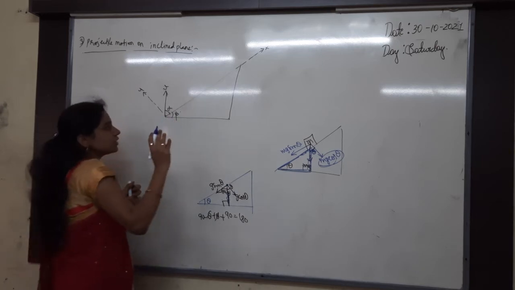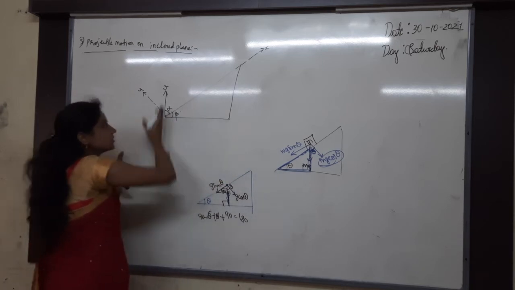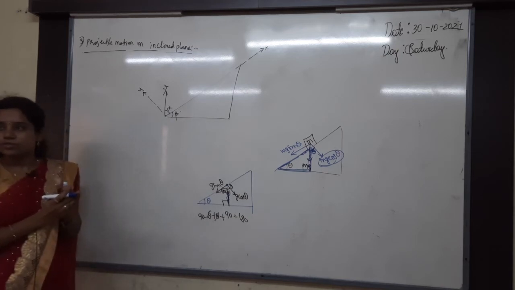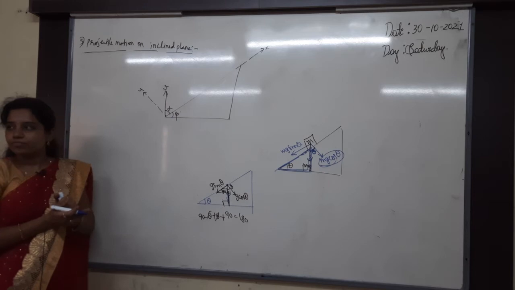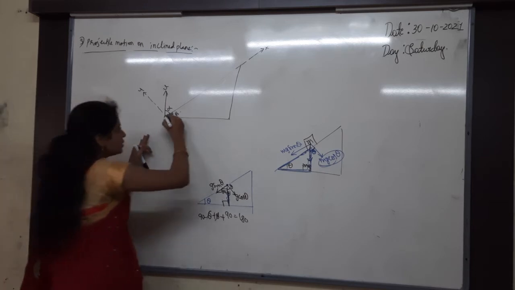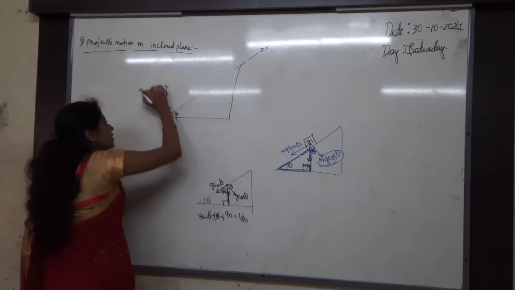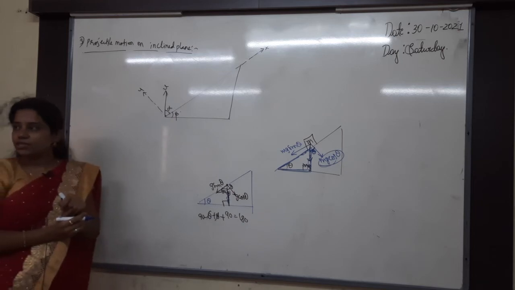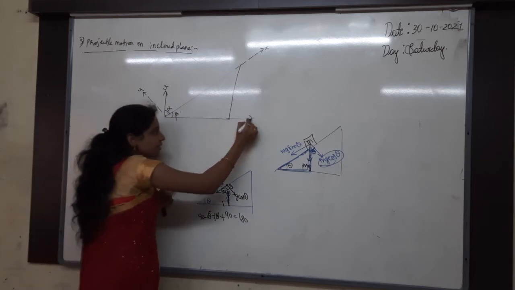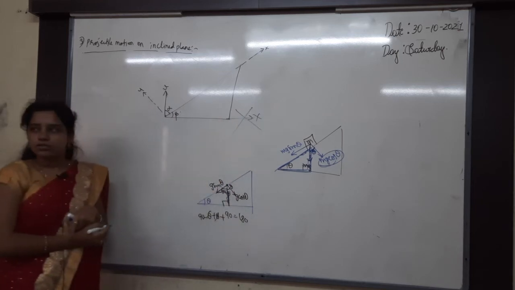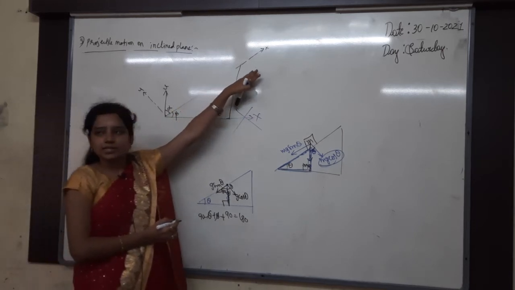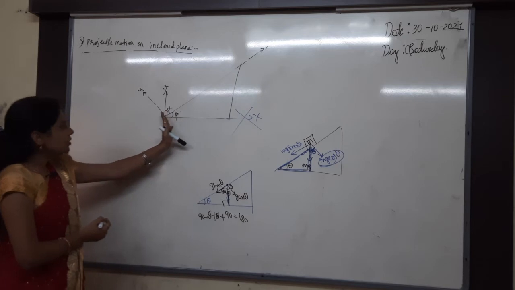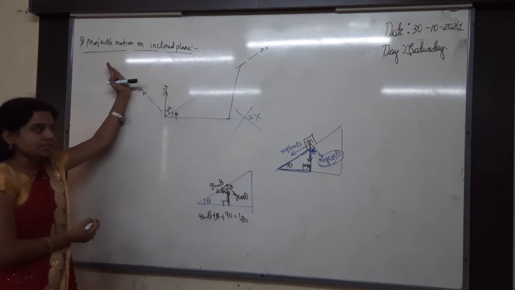You just consider, don't consider this as an x-axis, this as a y-axis. You might be considering it like that and then only you are telling that as vertical. I am considering this one as the x-axis and then this one as the y-axis. You are able to understand that? I did not consider this as an x-axis, this is wrong. I am saying that along the inclined plane x-axis is there, and opposite to the inclined plane, y-axis is there.